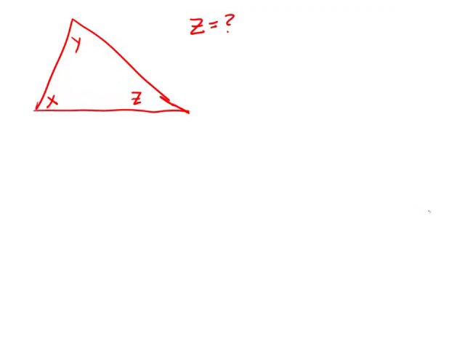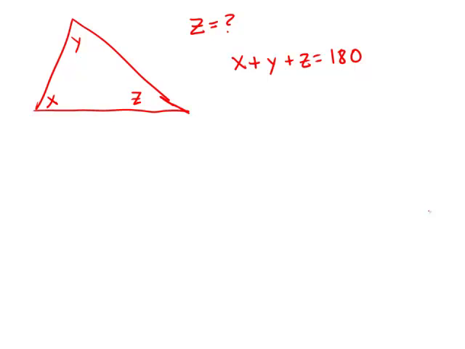What is the value of z in the triangle? Well, from the prompt, the only thing we actually know, our friend Mr. Euclid would tell us, is that if we add these three angles up, we get 180 degrees. The sum of three angles in any triangle is 180 degrees. Other than that, we don't know anything, but that will be an important fact to keep in mind as we